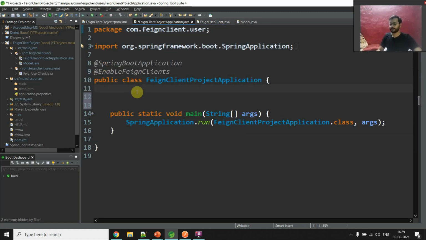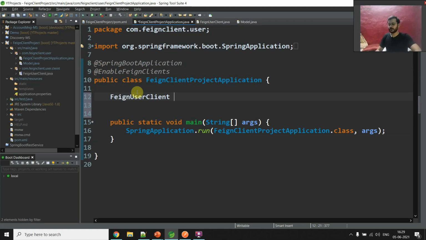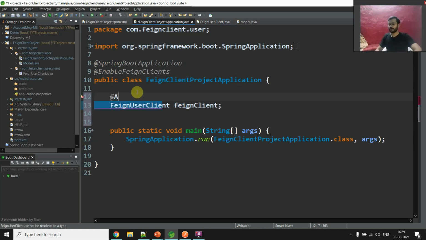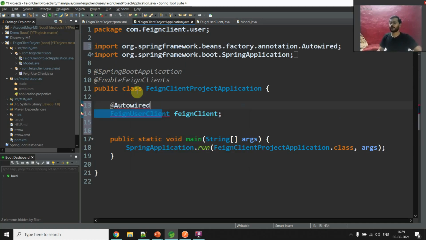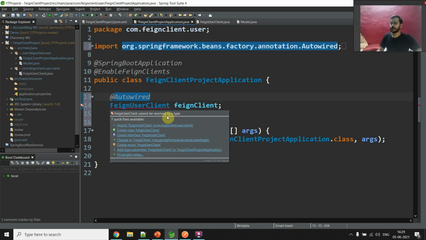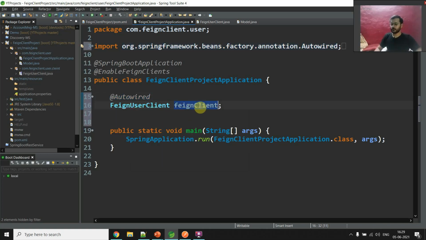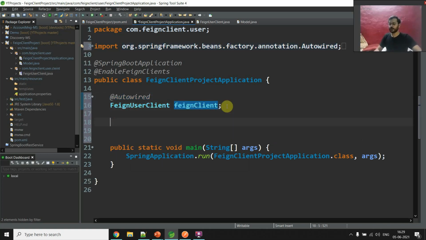So come here, and we will say Feign client and autowire. Okay, and just import it. Now make one method, public list model, and here get data.